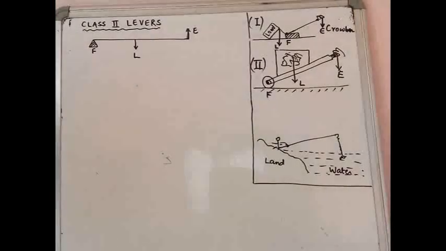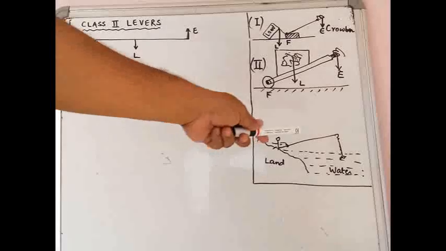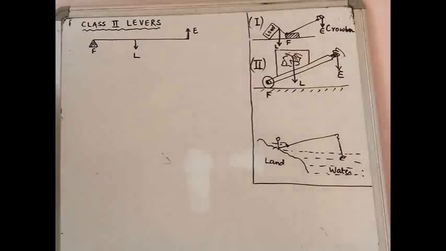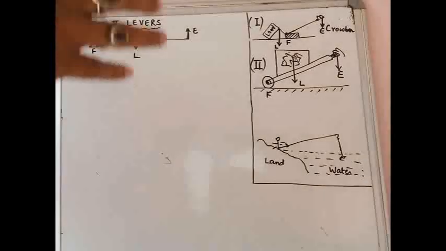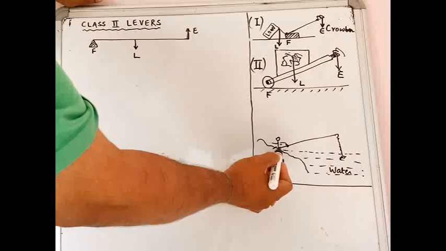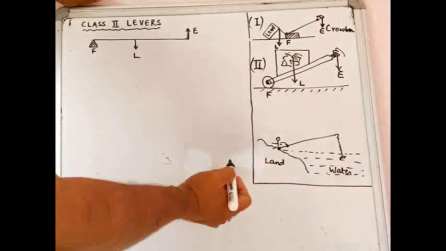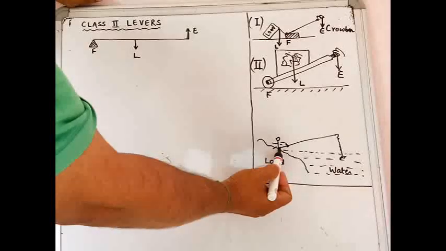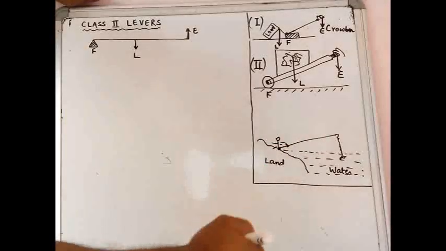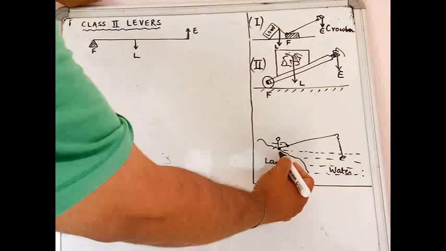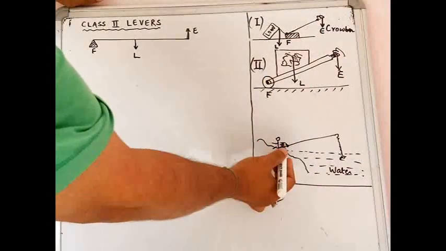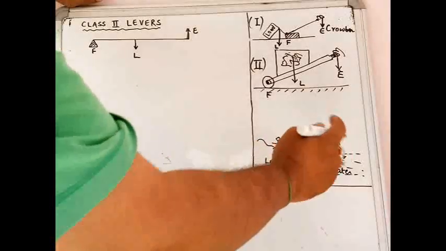Now that is the situation that we have. So what is the machine over here? The machine is the fishing rod. With the help of the fishing rod, the person is doing some work. Now let us see what is the particular function of this fishing rod. If somebody has used this fishing rod for fishing, he will know that this end is the one that this person will keep fixed on the ground. To maintain a little balance, he will put this particular end on the ground, so this will not be moving. This will be held firmly to the ground,